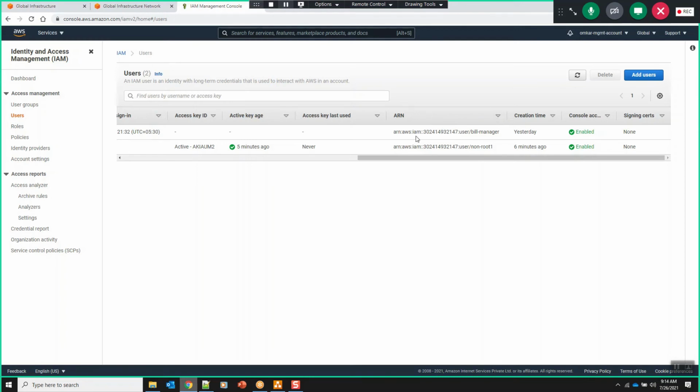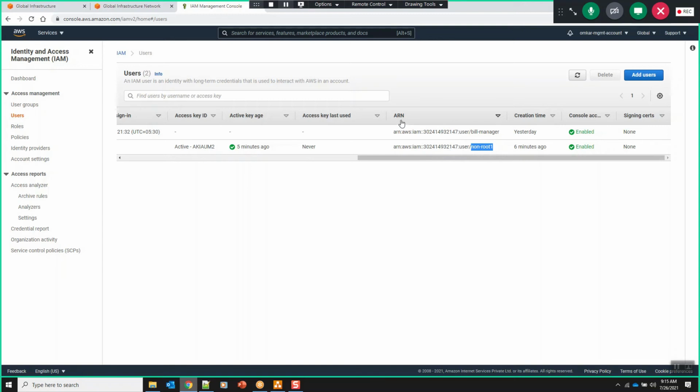If you look at the pattern, it starts with ARN colon AWS, followed by the AWS service. So this particular resource belongs to IAM, right? And after the service we have the account, telling which account the resource belongs to. And here the resource type is user, right? It mentions the resource type as well, and the username is non-root one, right? So this way we can distinguish any resource from another resource by looking at the AWS ARN only.